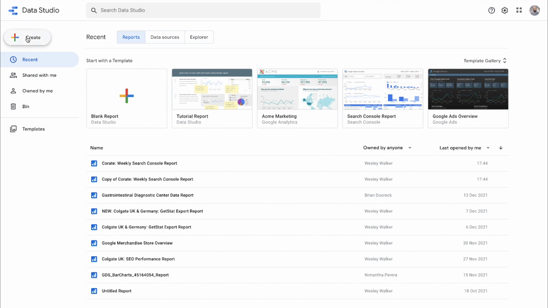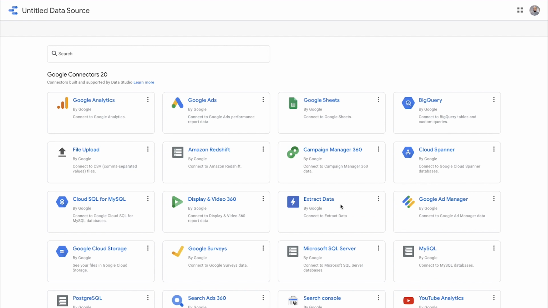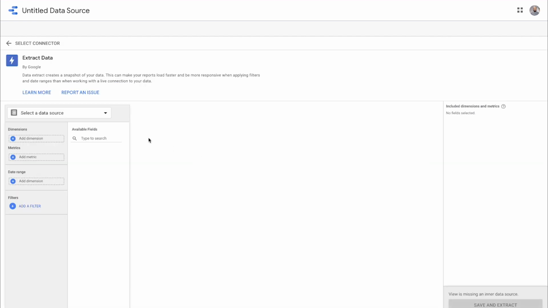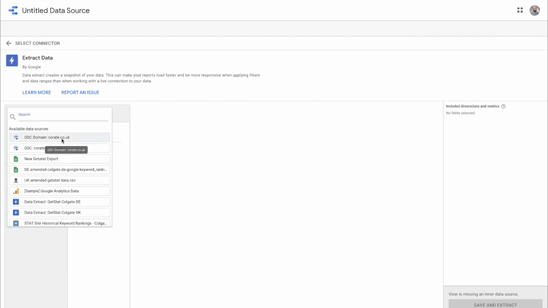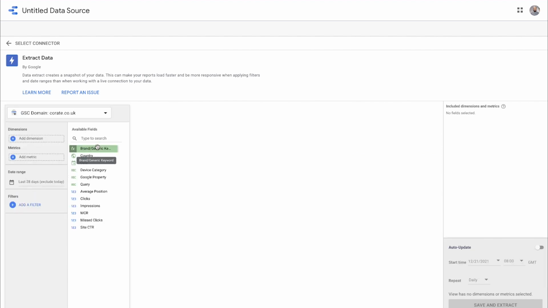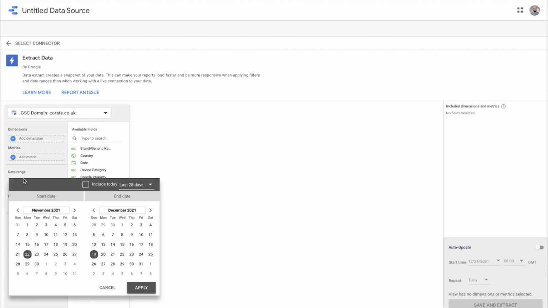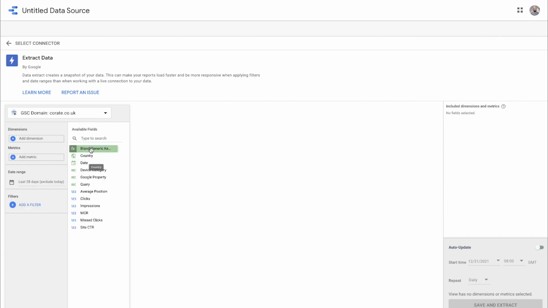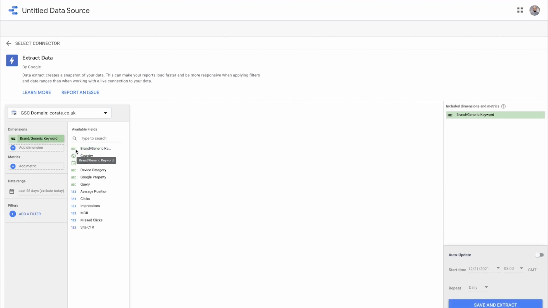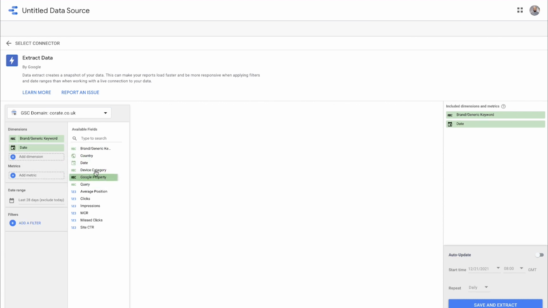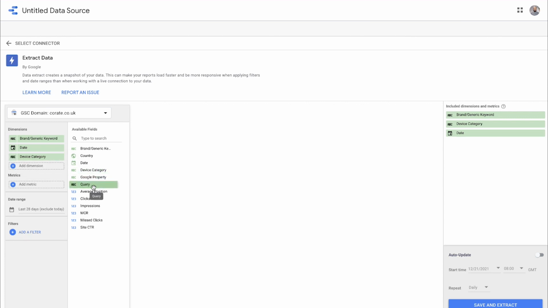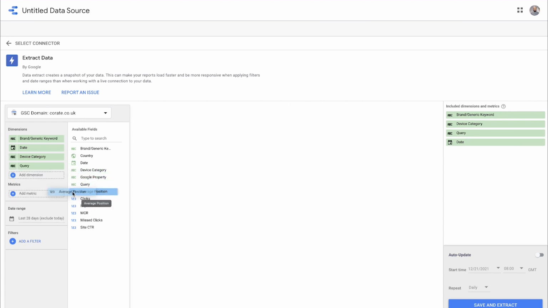So go create a data source, and what you'll be using is this data source here called Extract Data by Google. So click this and select the data source, so it's correct. And all we need to do is drag in our metrics and dimensions. So we'll need brand, we'll need date, we'll need device category and query, and for the metrics here we'll need our position, clicks of course,